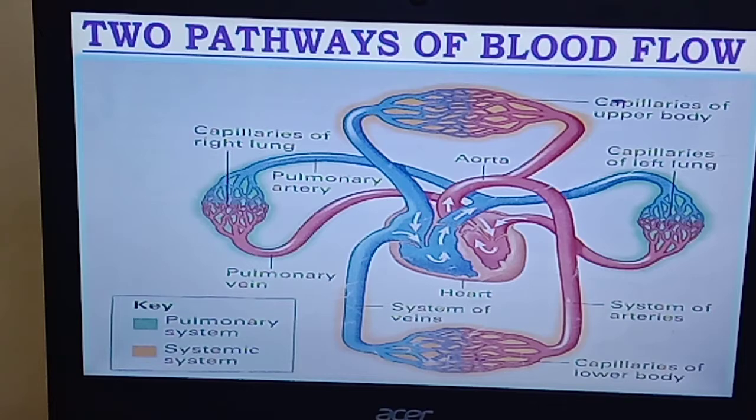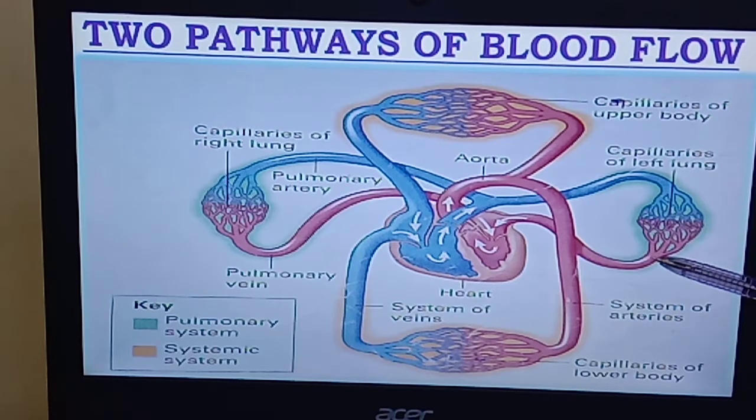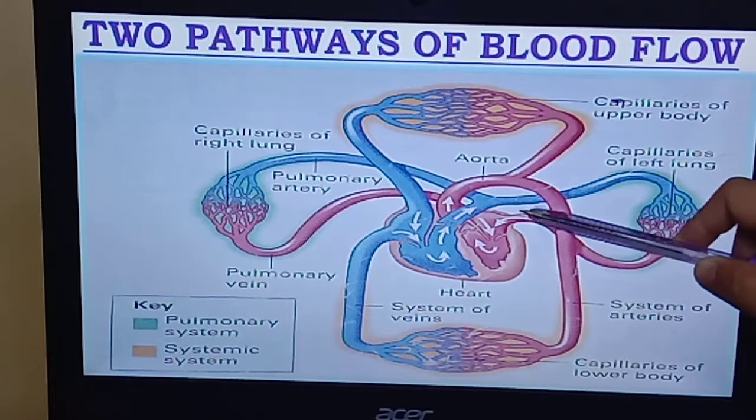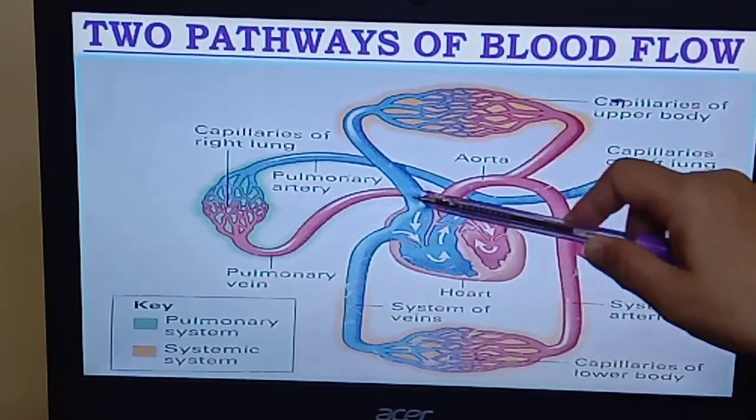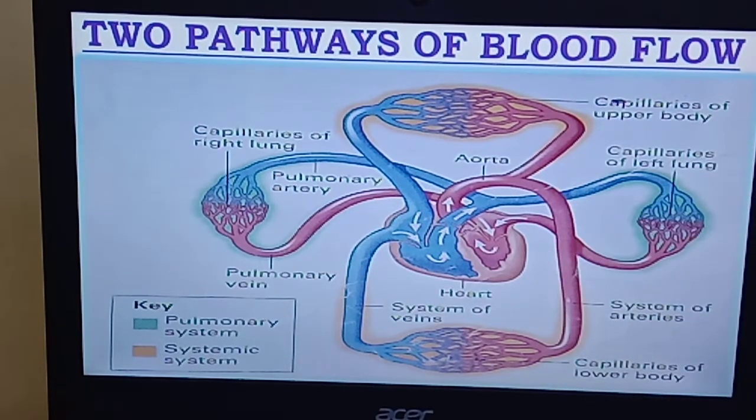And blood in the lungs collects oxygen and releases carbon dioxide. After collecting oxygen and releasing carbon dioxide in the lungs, the blood now becomes oxygen-rich. The pulmonary veins return oxygen-rich blood to the left side of the heart. That is pulmonary circulation. Now proceed to the